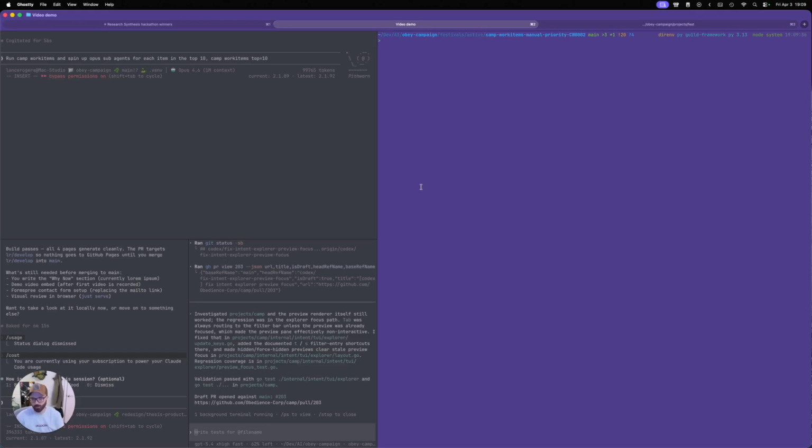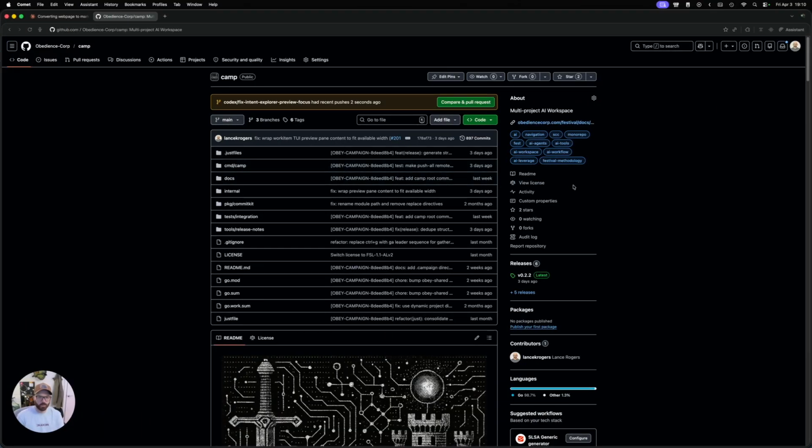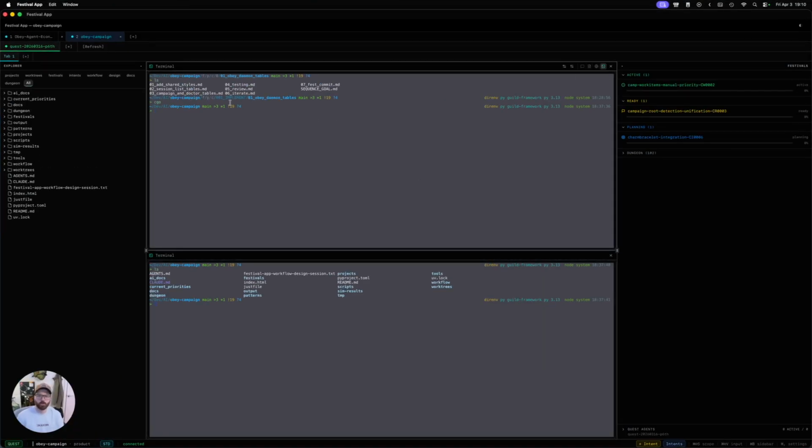And to me, VS Code is way harder to use than the terminal if you actually know how to use the terminal. It's just like another big piece of software. It's clunky, not easy to navigate. So I did actually start building the app, and part of the reason I did that is